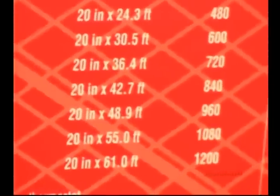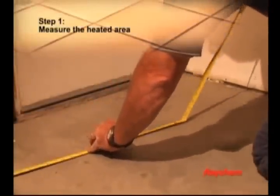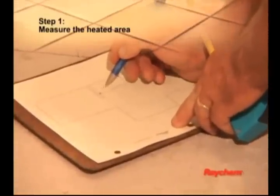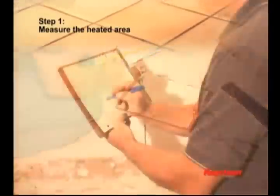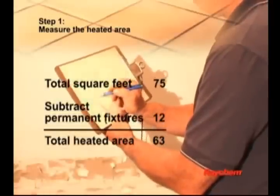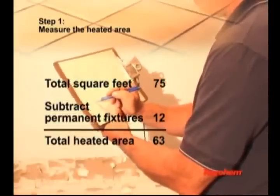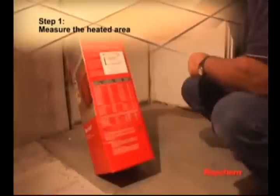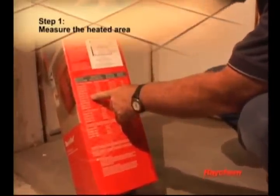QuickNet comes in various sizes, designed to fit the heated area of any floor. To determine what mat size you need, measure the total area of the room and subtract the areas that contain permanent fixtures, as well as any areas you do not want warmed. For example, the total area of this bathroom is 75 square feet. When you subtract the 12 square feet for the vanity, shower, and toilet, the heated area is only 63 square feet. Since you must choose a mat that is no larger than the heated area, you would choose our 60